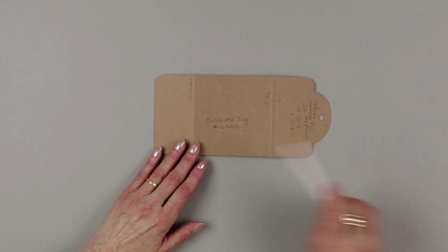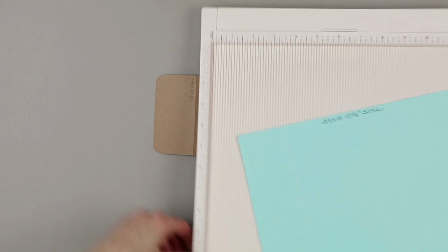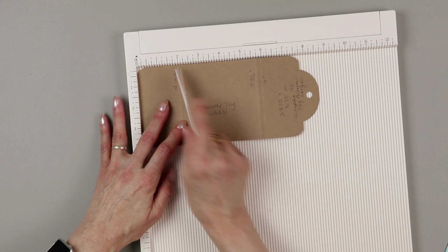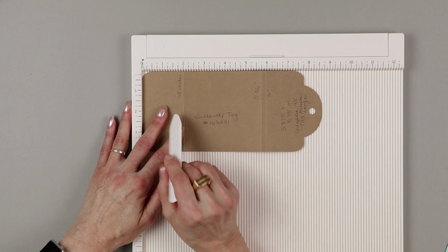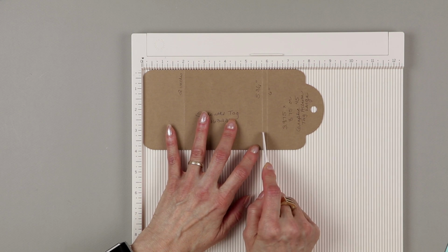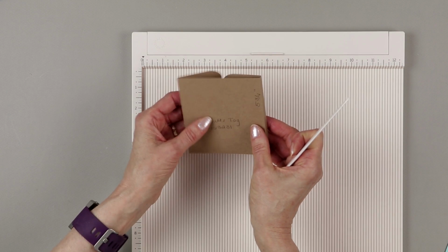After I did that, let's just bring in my scoreboard here so I can show you where I scored everything. I scored this at 2 inches. Then I scored it at 5 3/4 and 6 inches, and then I just went ahead and folded it along